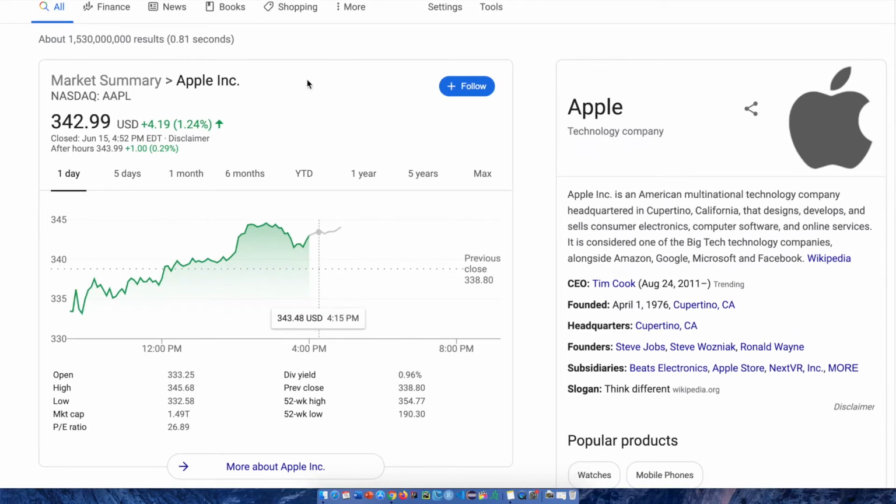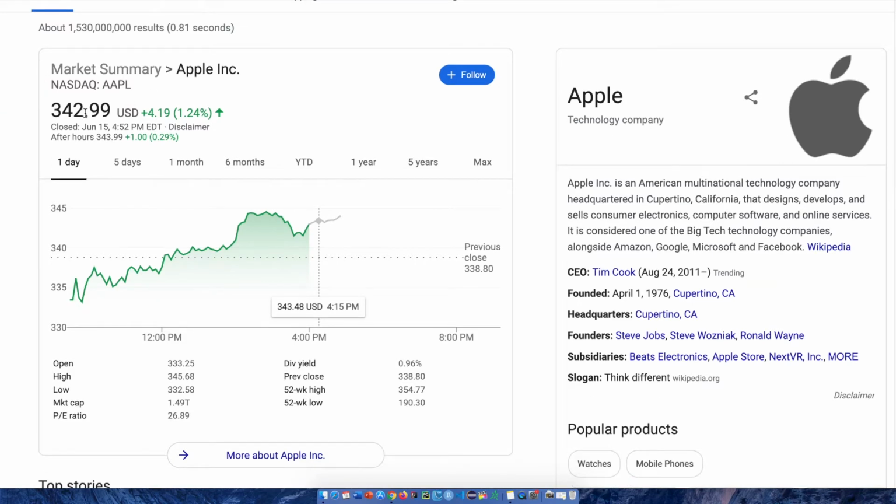As you can see here, you see the company which you're looking at, which is Apple Inc. Right under that, it says NASDAQ. So simply, NASDAQ is just a large stock exchange which this company is traded with. Right next to that, you have the ticker symbol AAPL, which is actually the symbol used whenever you're buying and selling shares of this company. So right under that, this number here is the actual price of one share of Apple stock. So as you can see here, one share of Apple stock is currently at